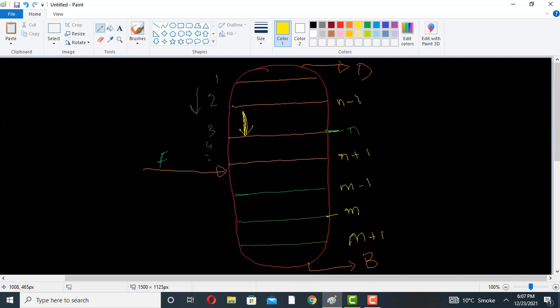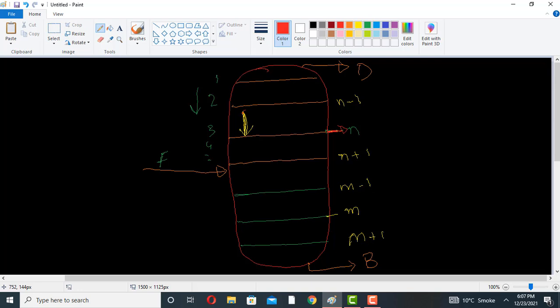So first of all, we will write the rectifying section equation. So we will derive the rectifying section equation. How can we derive it? If we apply a material balance on this single plate number N, then